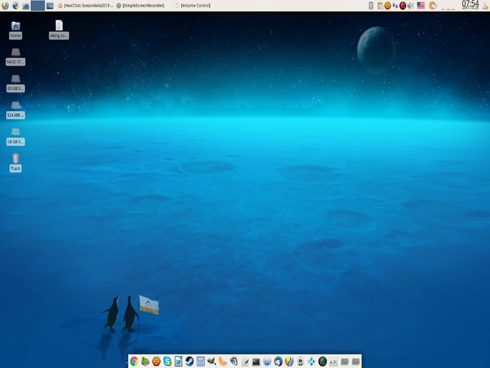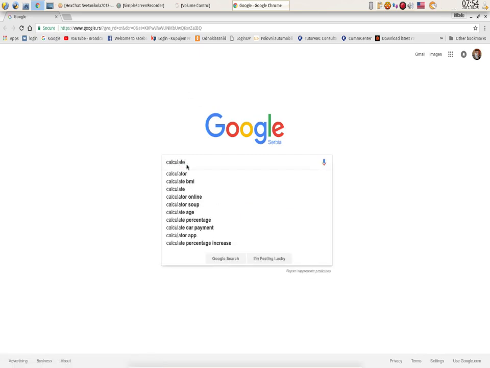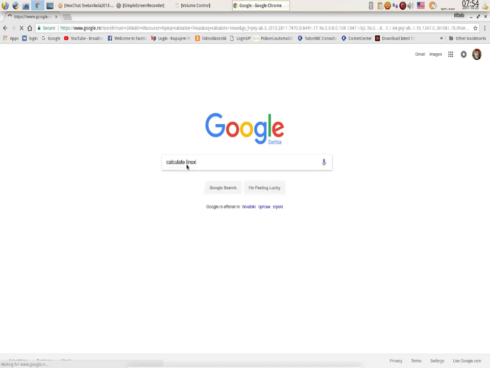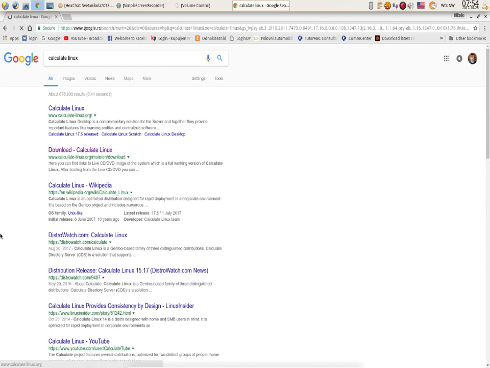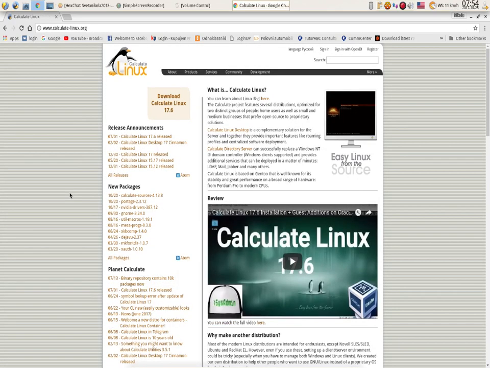Now, our dear Orthodox friends from Russia actually first made Gentoo Linux, which was kind of hard to comprehend for an average normal user who likes mostly point and click, right?